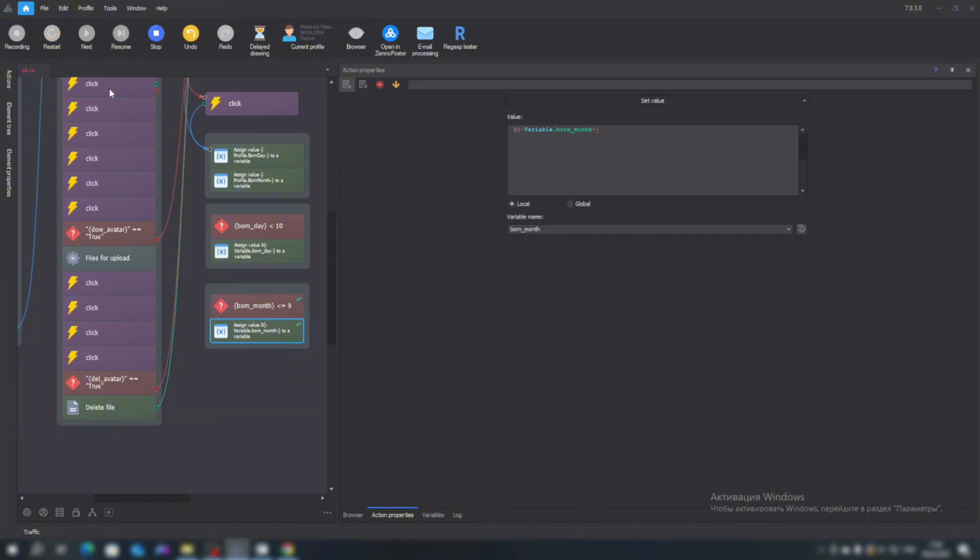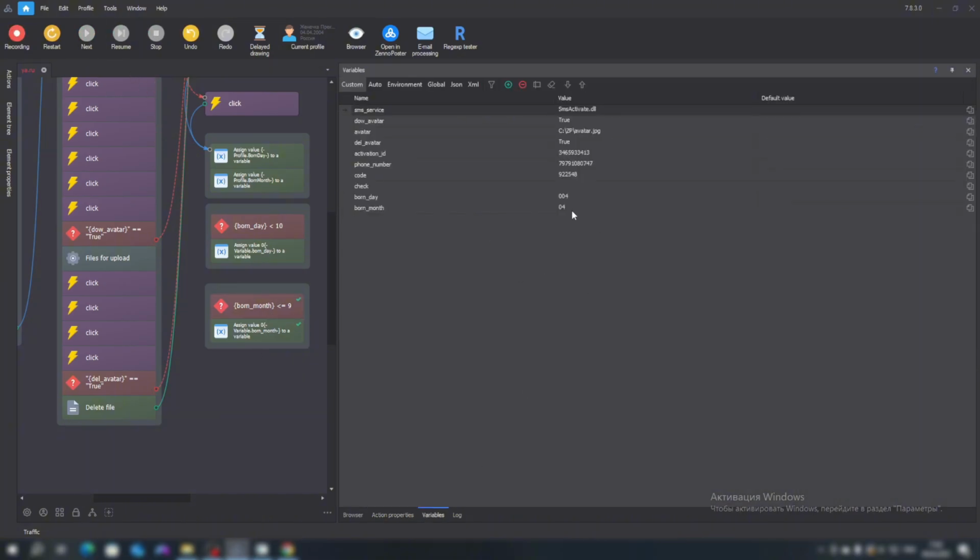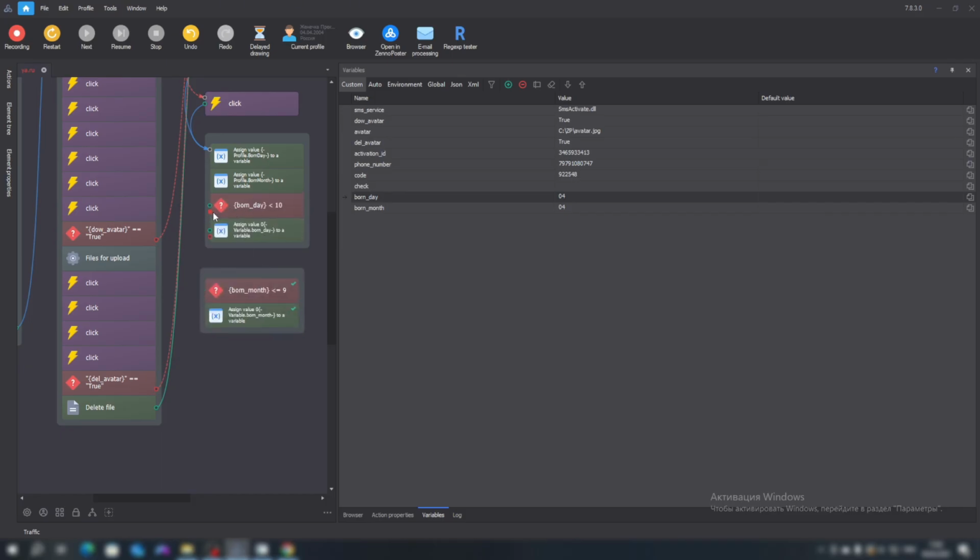All our actions. We see that a small error occurred. Let's fix it. This is all because we activated the actions twice. But, as we can see, the script works correctly. And if we have less than 10 in the day or month of birth, then the zero is assigned to them. But let's connect them. Correct. Just like that. Even if it's red or green. Let's not go further.